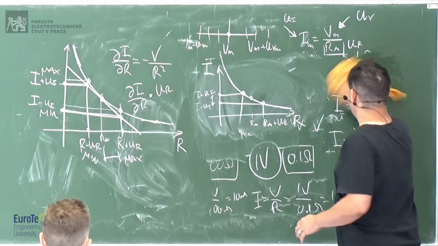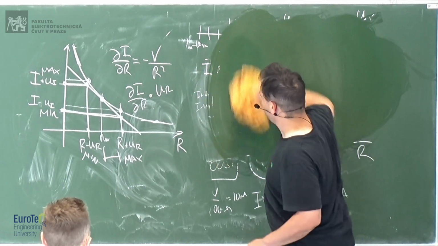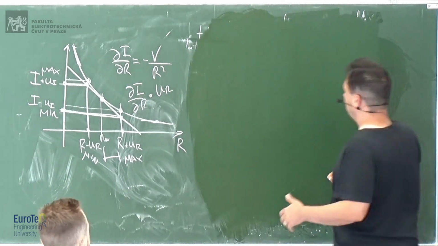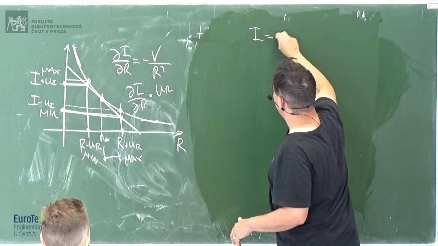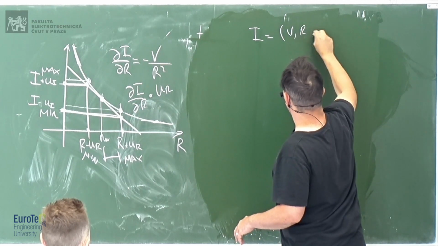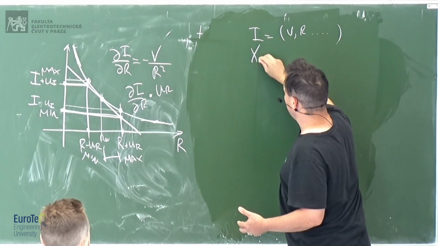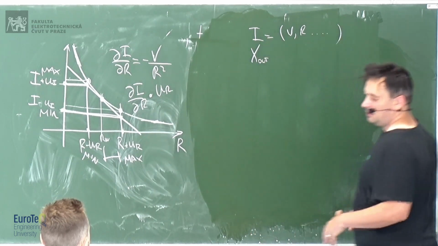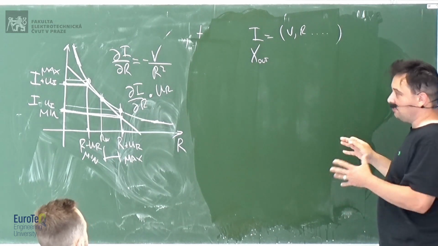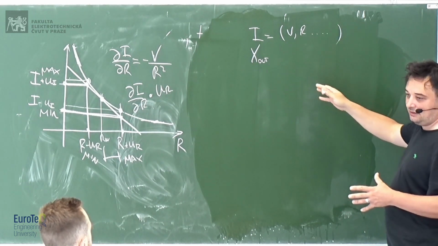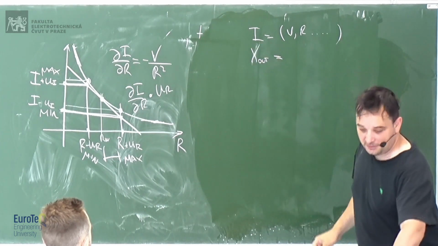So what you do in your circuit is to consider all the possible sources of uncertainty. Let's say that you are measuring a current, and it depends on voltage, resistance, and so on, okay? So we can say that X out is what we measure at the end, the final quantity that we want to measure, in this case the current. Let's call it Y.